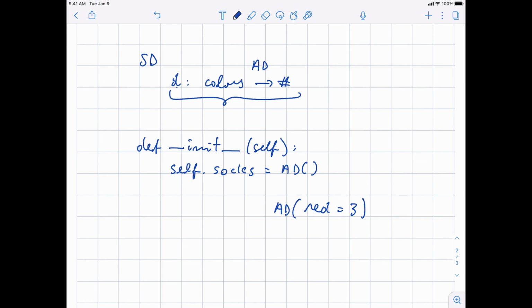To check if you have colors available, you would simply be able to use the comparisons we defined above for arithmetic dictionaries, and filters, in order to check only the colors for which you have at least two elements in the dictionary. So you are able to actually replicate all the operations for which we had to use loops or iteration in the previous implementation simply as operations on arithmetic dictionaries and recreate your implementation of sock drawers. So this is a kind of interesting conceptual exercise that I leave you to do.